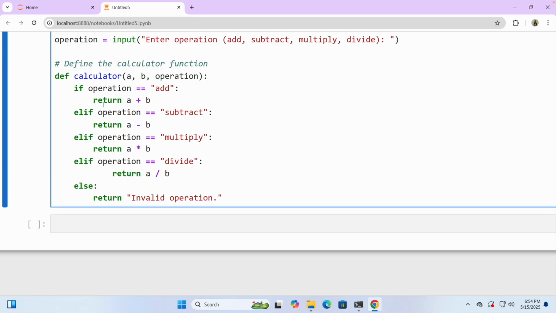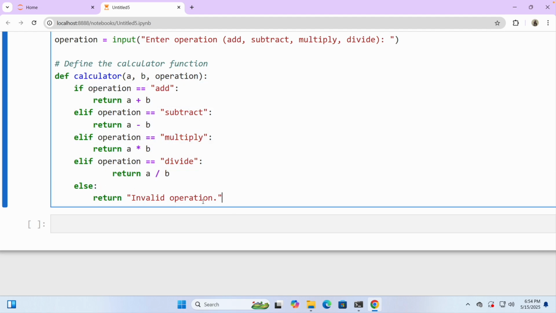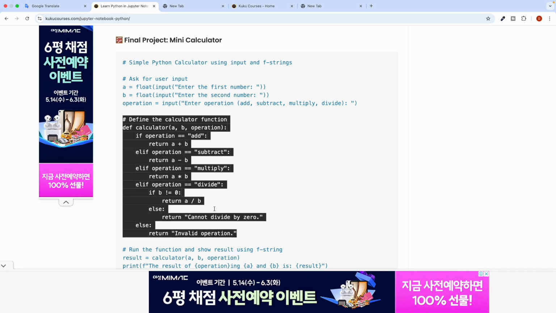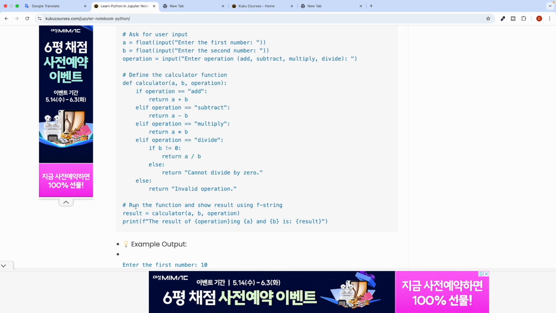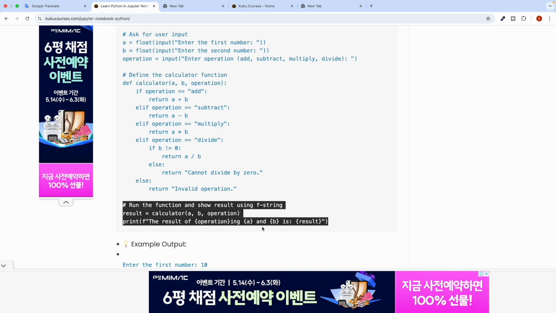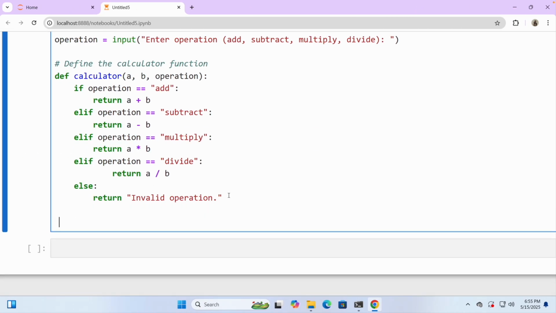Okay, like we want that when it adds a plus b, subtract a minus b should be written, multiply should return this one, and divide should return this one. And if none of these are matched, then it should provide, let's say, invalid operation, right? So this is what it is, okay. And then we are saying like this. So after doing this, we have said this, okay,